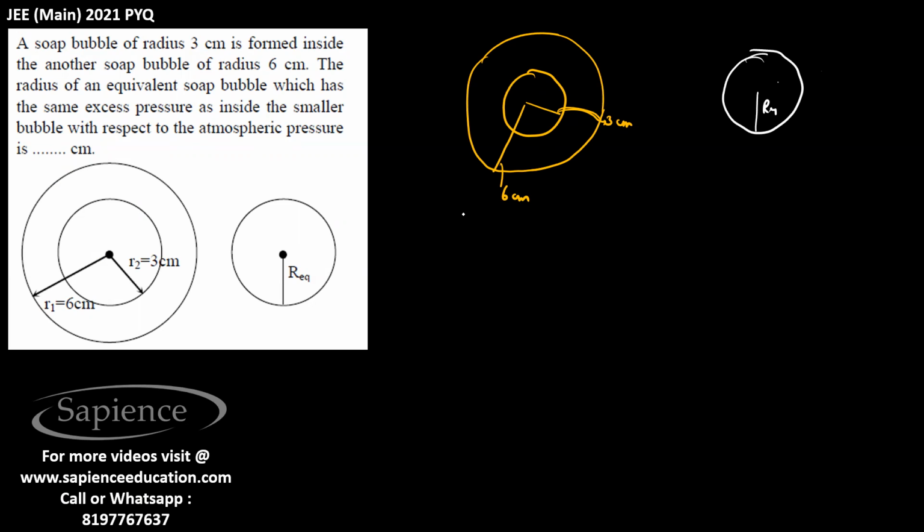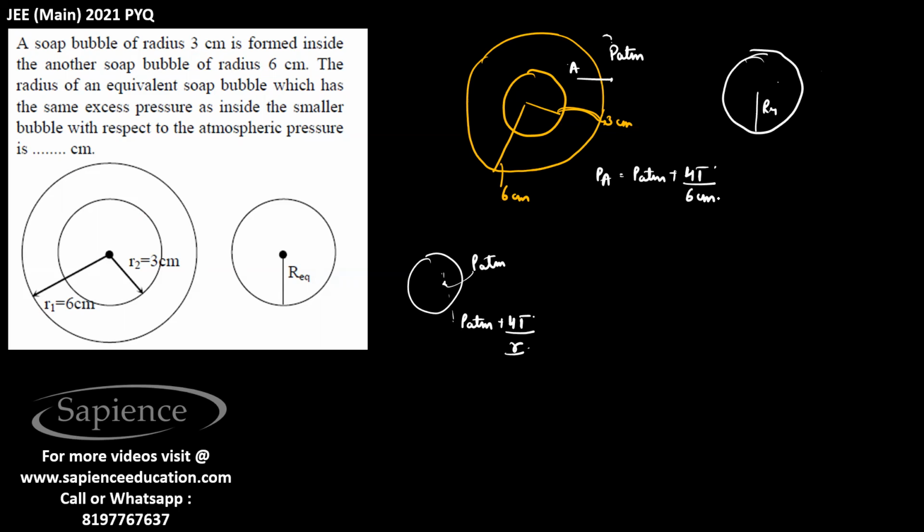We already know that in a spherical body the excess pressure in a bubble is greater than outside. So if you have a soap bubble, the outside pressure is P atmosphere. If you go inside, because of the surface tension, the excess pressure will become P atmosphere plus 4T by r, where T is the surface tension. So if I enter here, the pressure is P atmosphere, and when I enter this side, the pressure at A will become P atmosphere plus 4T by r, and here r will be 6